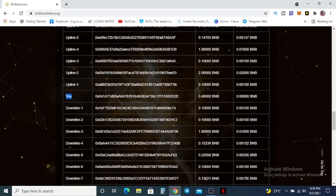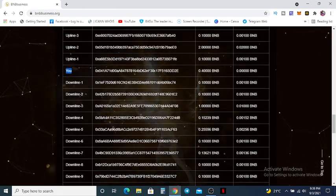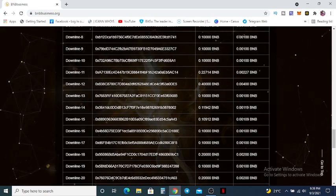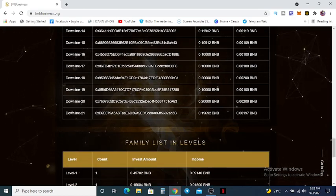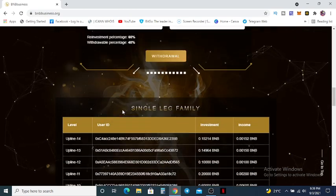And then downline 1, these are the people who came in after me and I didn't register them, but I'm also earning from them because this is a single line smart contract. So this shows that you can earn from BNB business without referring any person, and you can still earn. I'm earning up to 21 people here. So if you increase your investment here,